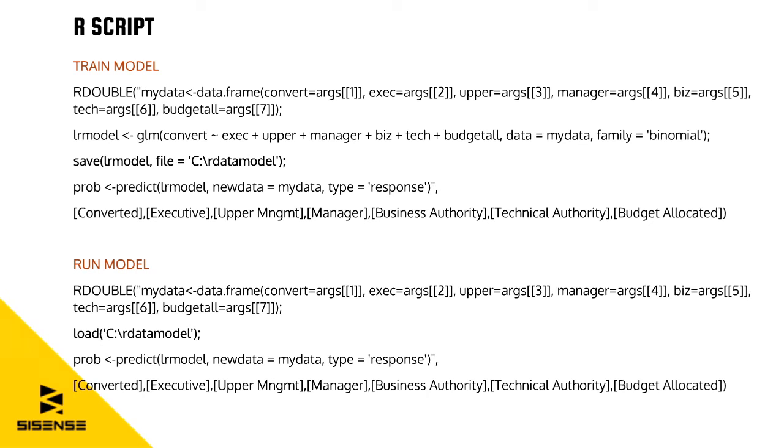Line 3, that's where we do the predictions. And like I said, it's incredibly simple in R. We use the predict function, which is very well named. The first argument is the model. That's the model object. Hey, we went through, we fit this model with a bunch of variables. We think it does a good job. That's the first argument. The second argument is new data. That's data coming in that you want to score. Really that simple. The third argument is the type of predictions you want to make.